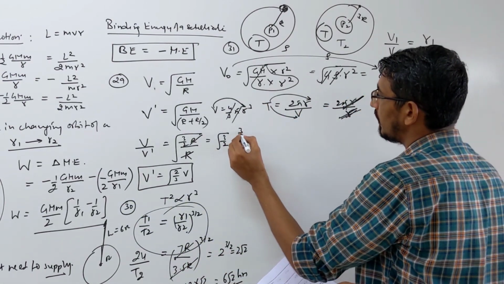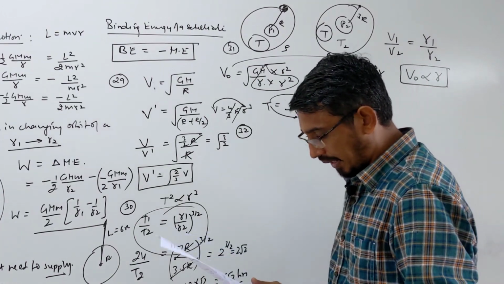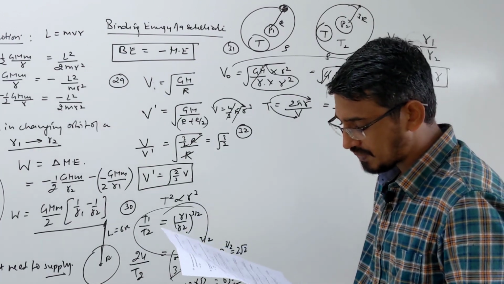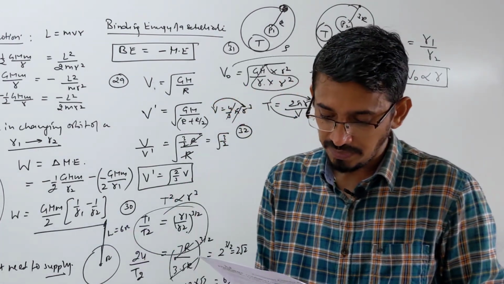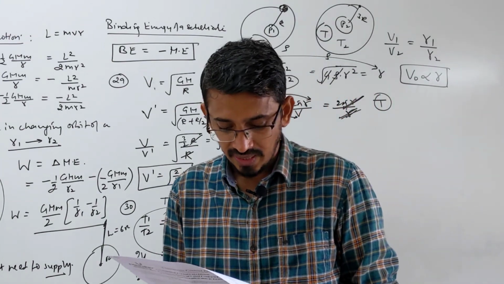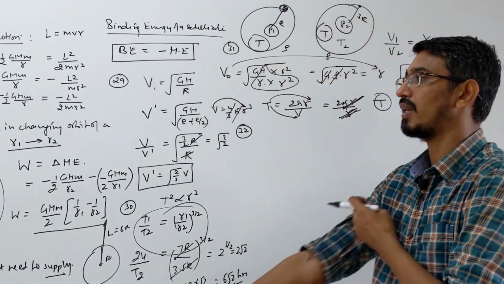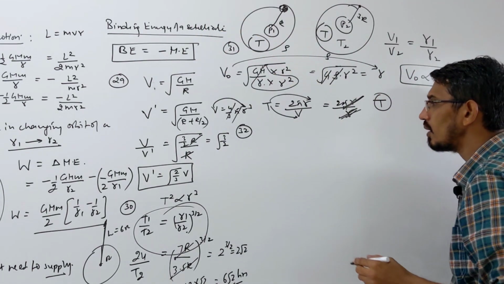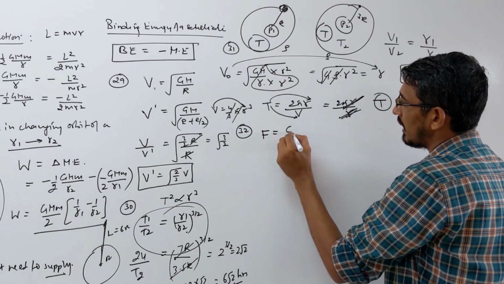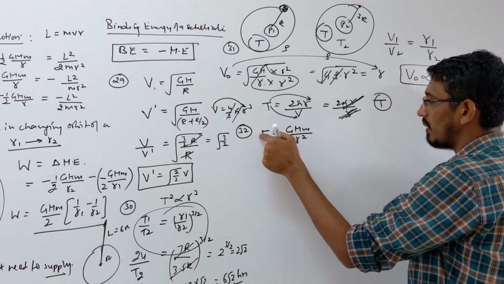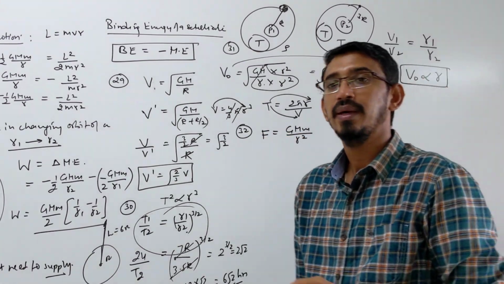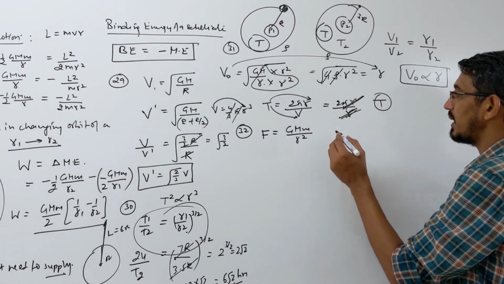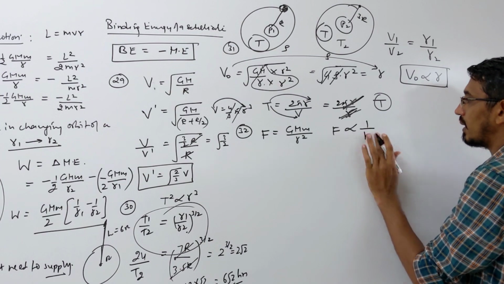Moving on to problem number 32. And question 32 is very, very important, please give attention. Suppose the gravitational force varies inversely as the nth power of the distance, then the time period of a planet in circular orbit of radius r will be proportional to how? This is a very, very important question, and please write this question in your notes also. Look here. In real, you know how force varies. Force varies like G m upon R square, inversely square of the distance. But they can give some number value also, and they can give a symbol like they gave in this question. They said the force varies inversely as R power n.